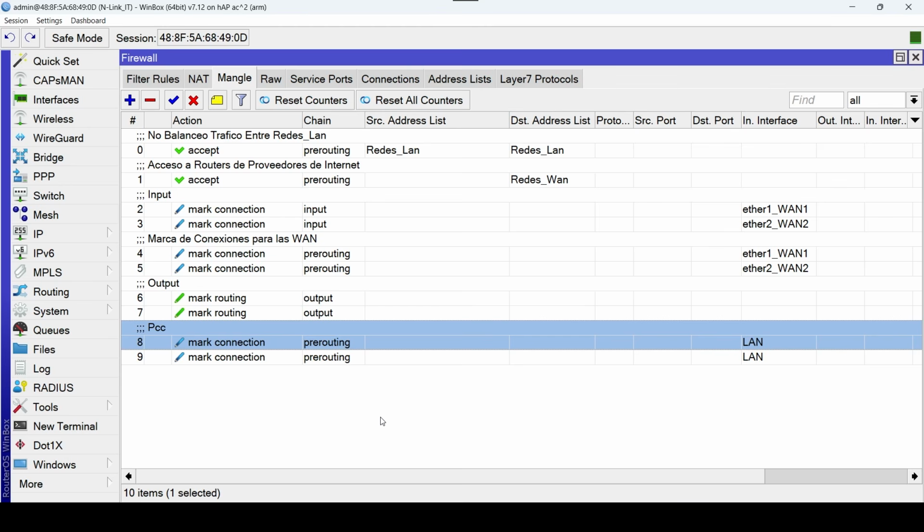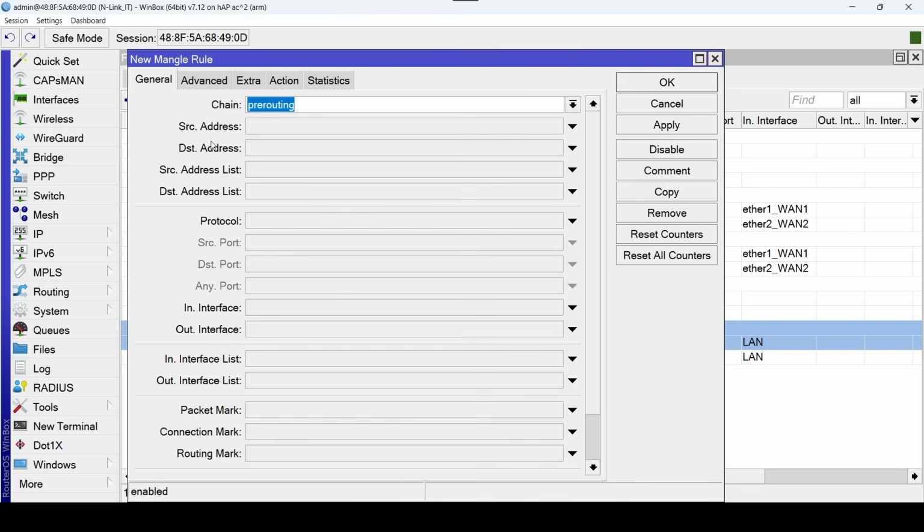All that remains is to make the routing marks for the connections we marked a moment ago, and that also enter through the LAN interface. So we click the plus, General tab, Chain Pre-routing, in Interface LAN, connection mark, we select WAN 1 con,